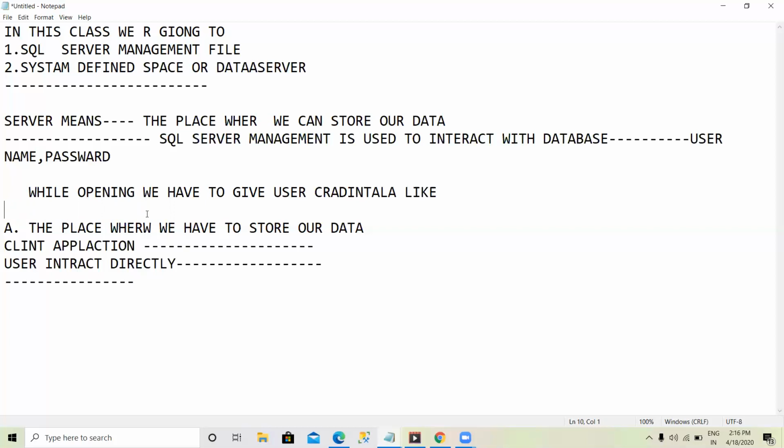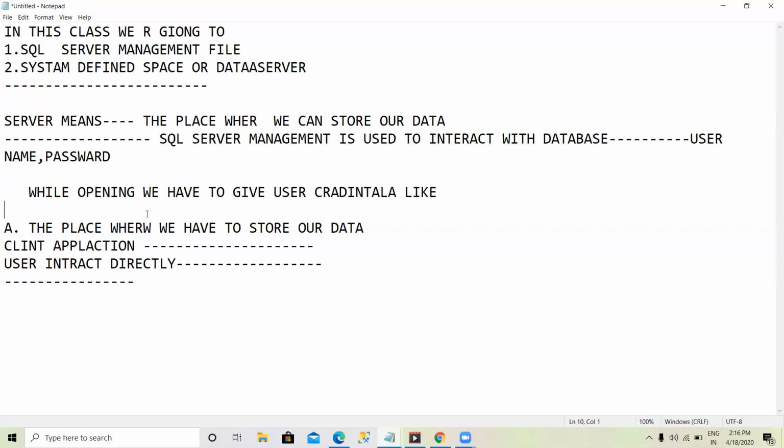Now let us see what is meant by Windows authentication and SQL Server authentication. While opening the database, the computer will ask for two types of authentication: one is Windows authentication and the second is SQL authentication.